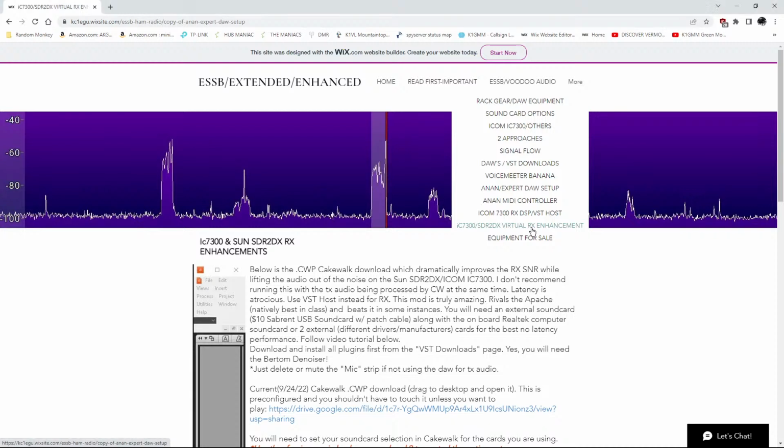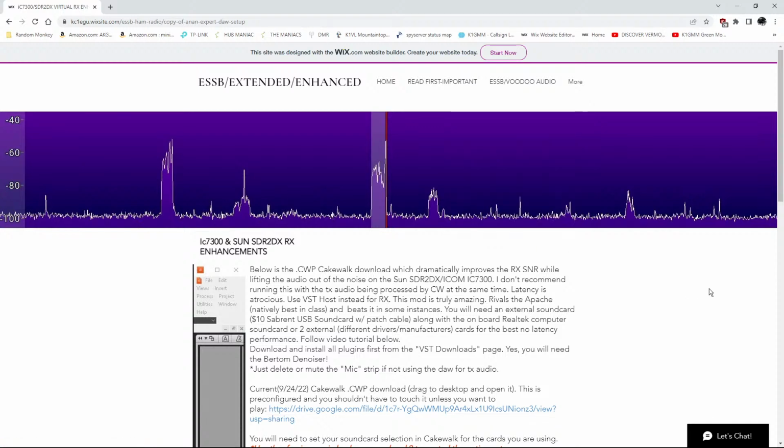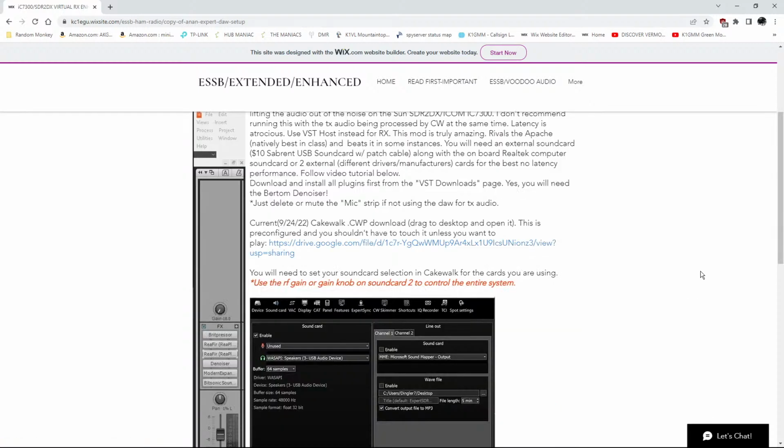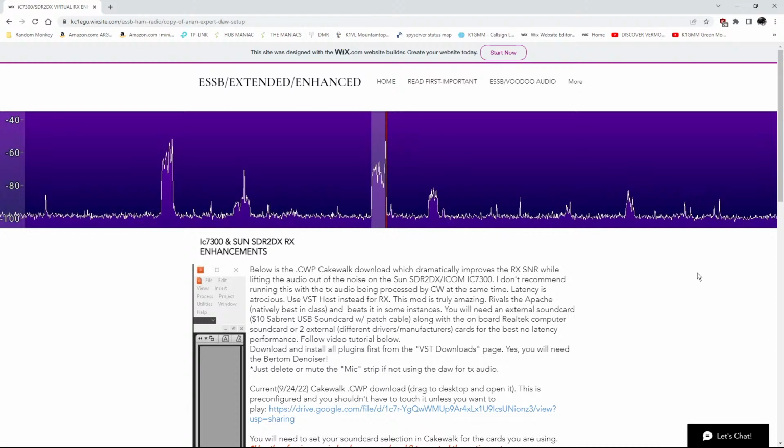So if you're running this system, the RXDSP system, on Cakewalk, on a DAW, I found that if you try to run your TX audio through the DAW,